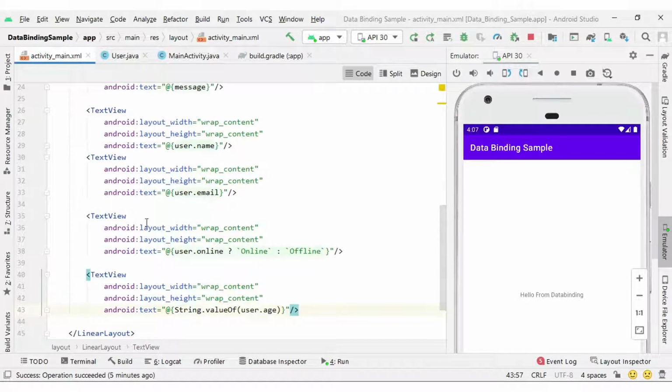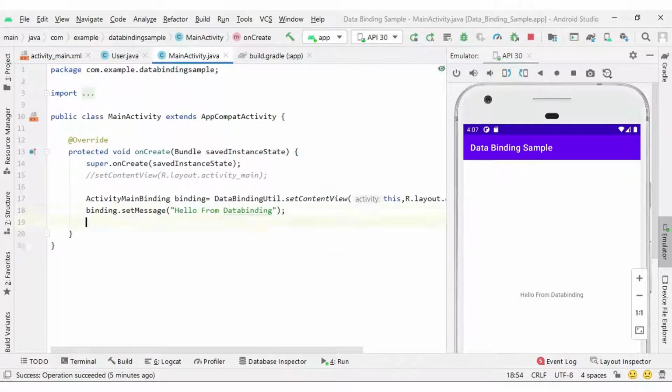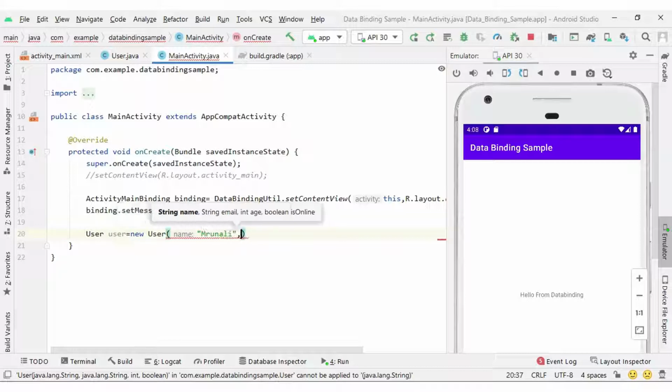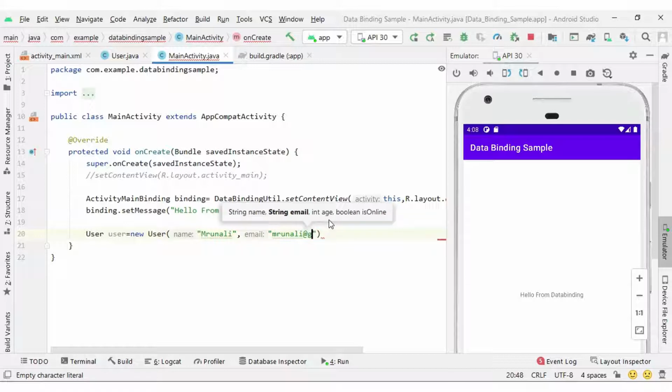Next I need to pass the object from the activity Java file. So here I am going to create a user object, and inside the constructor I need to pass name, so I can pass Mrunali, and email mrunali@gmail.com.